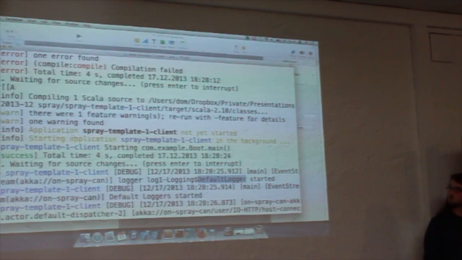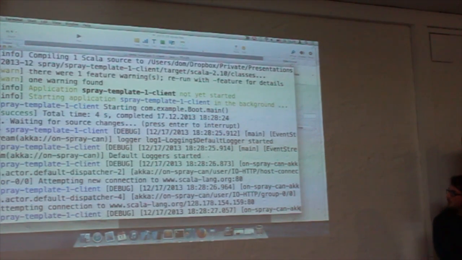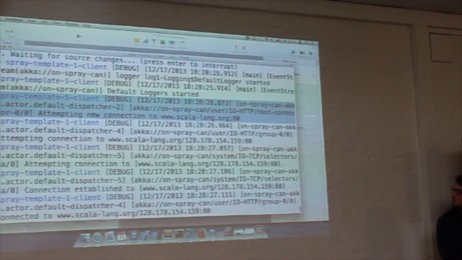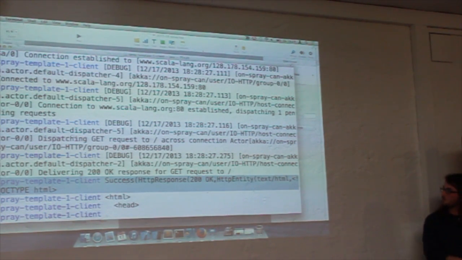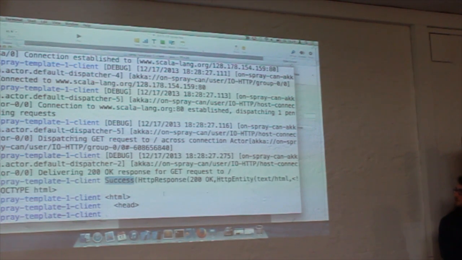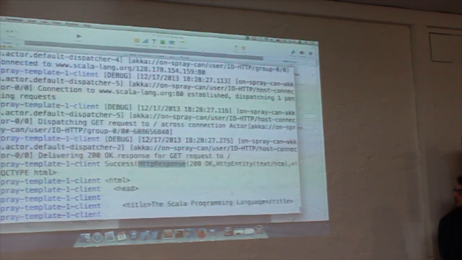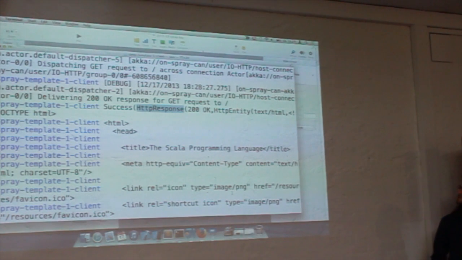I put akka to log level debug, so you get a bunch of stuff here. We want to start it. Previously attempting new connections to Scala dot org, which is the request that I just sent. And eventually, request comes back. You see here, it's a Try, so it's wrapped into Success in that case. Here's the HTTP response with 200 OK, and you saw it just worked. Requested Scala dot org, and this is the answer.